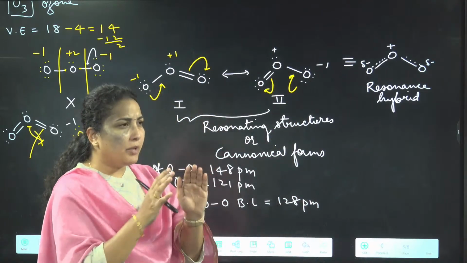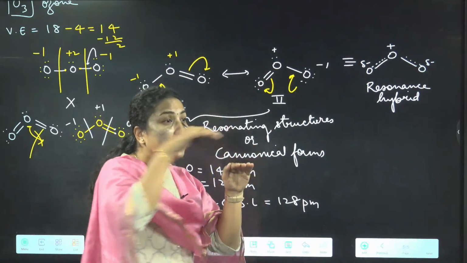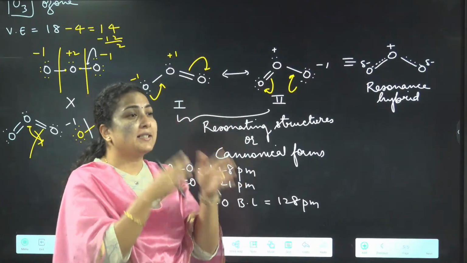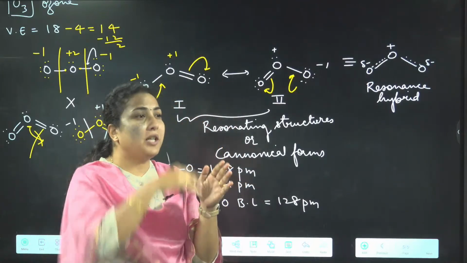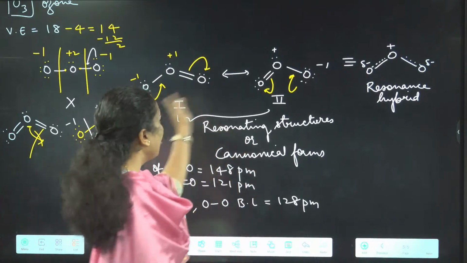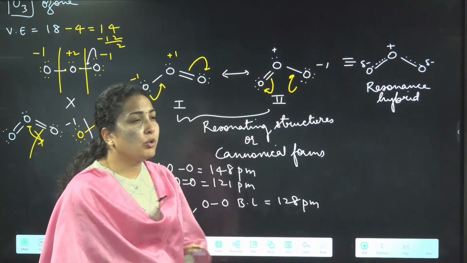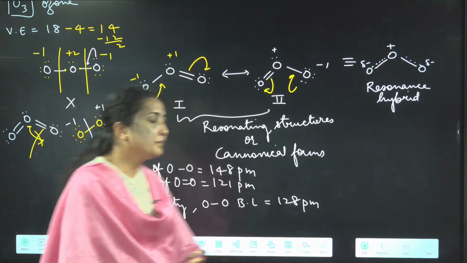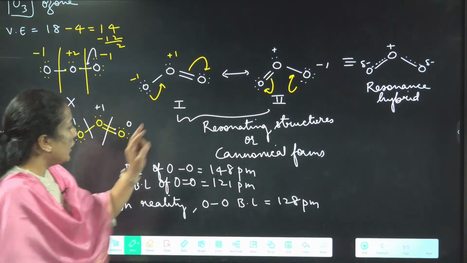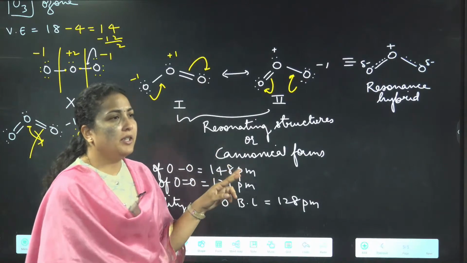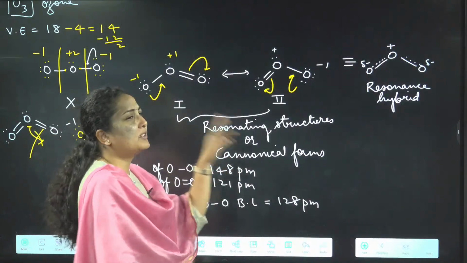Right? And are you able to see the electrons are being delocalized? They are not localized, they are not present on only one atom, they are being shared between more than one atom, right? So that phenomenon is also known as resonance. Now, a certain misconception will be there in the minds of students that first and second,